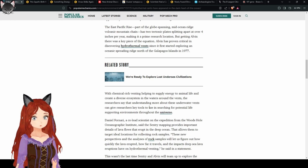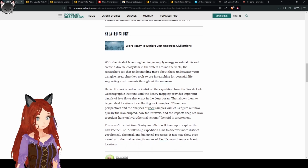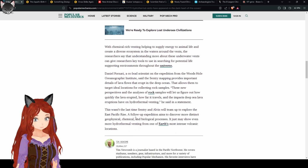Chemical-rich venting helps to supply energy to animal life and creates a diverse ecosystem in the waters around the vents. Researchers say that understanding more about these underwater vents can give researchers key tools to use in searching for potential life-supporting environments throughout the universe. Daniel Fornari,